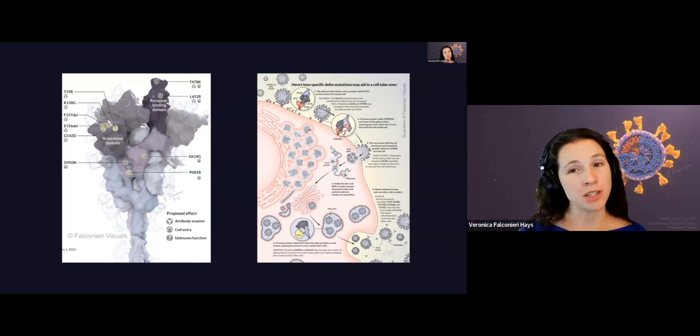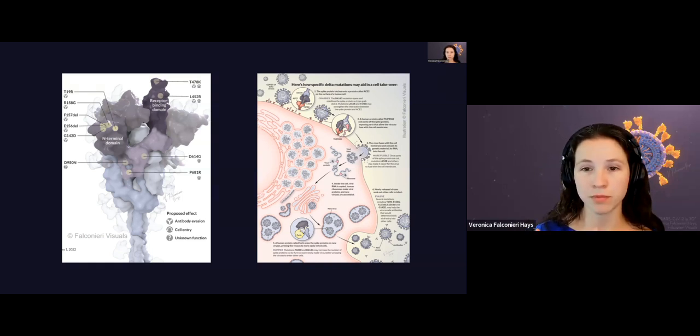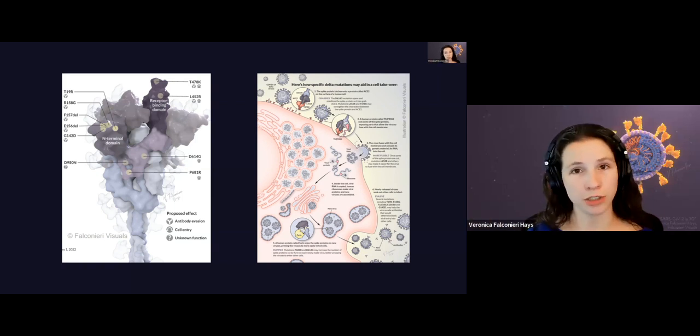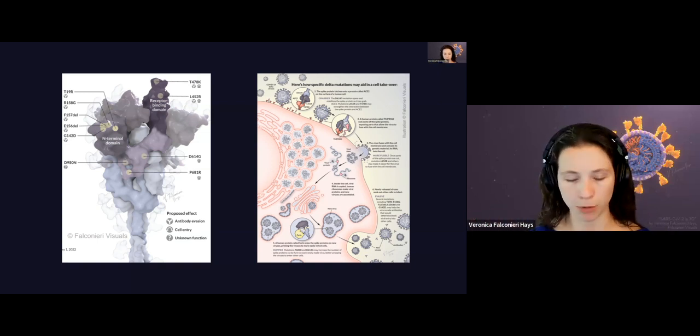Here's, again, something that mixes 2D and 3D. On the left-hand side is a structure from the PDB, of course, the Protein Data Bank. So I was able to show in 3D where certain mutations were. This is actually the spike from the coronavirus protein showing the mutations in the Delta variant. On the right-hand side, you have a 2D illustration that explains how that affects the viral life cycle. So, how does it change how it attaches? How does it change how the new viruses get prepared, that kind of thing.